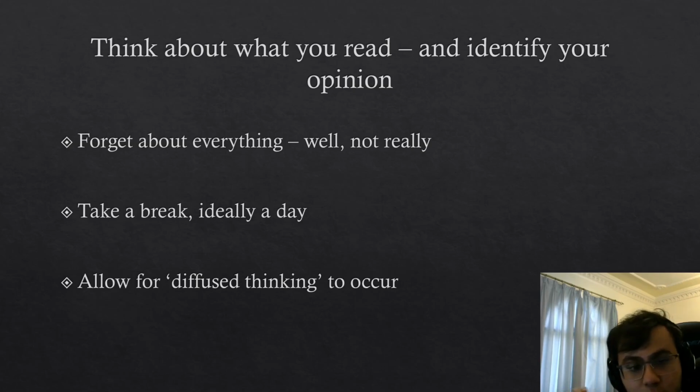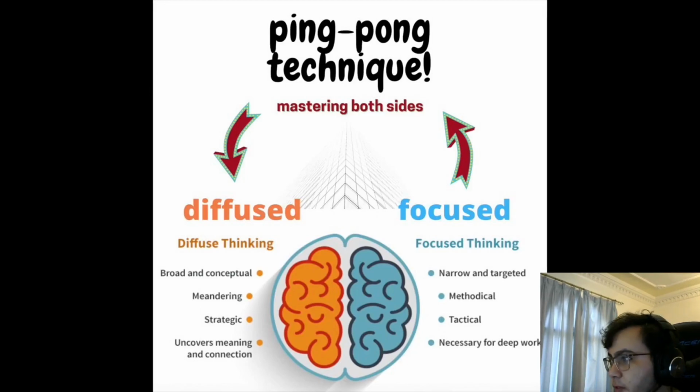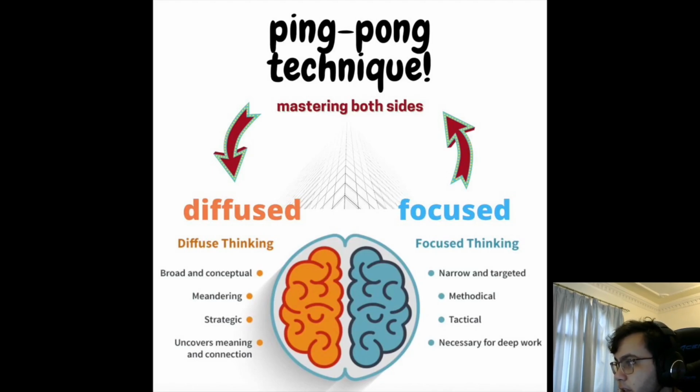If you do that, it will allow for diffused thinking to occur, which is the type of thinking that you want to occur if you want to come up with your main points for your essay. And this is something that a lot of people are unfamiliar with. A lot of people are familiar with focused thinking, the very laser focused thinking that you would have to do when you're solving a math problem or a science problem, or when you have to do a lot of deep work. This is the thinking that school will emphasize, but they